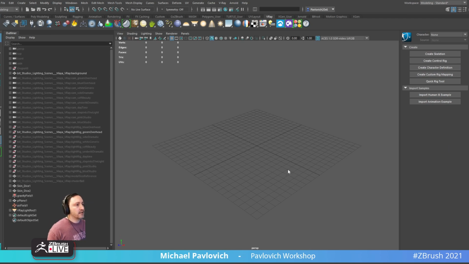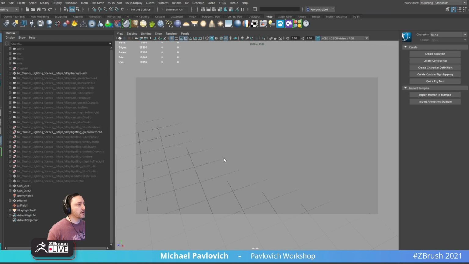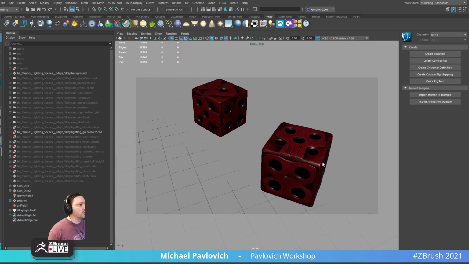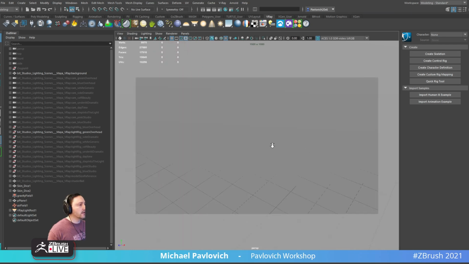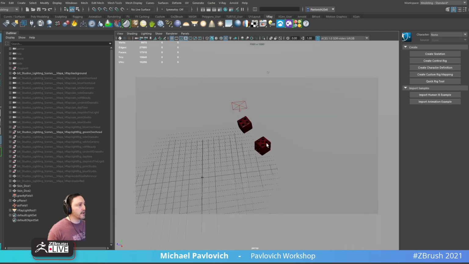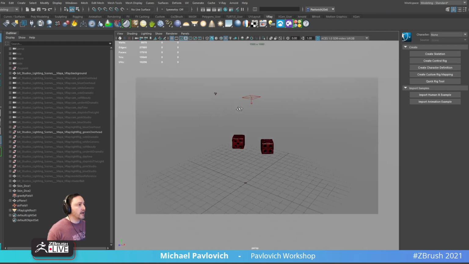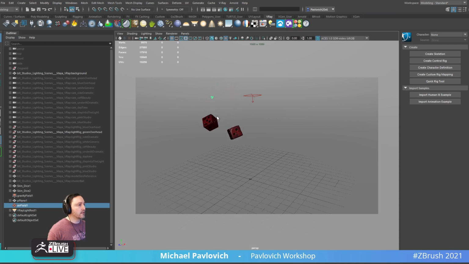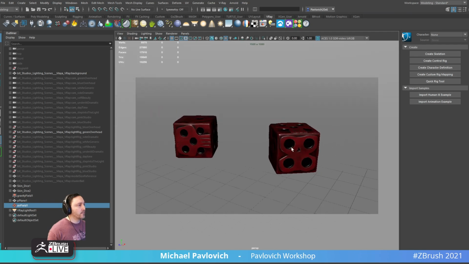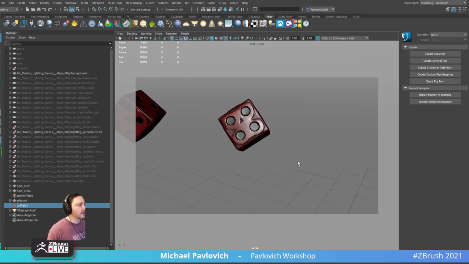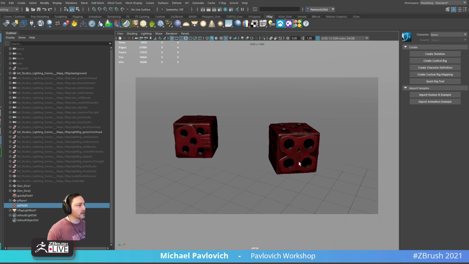If I have, there we go. So we have our camera set up here, and I have our dice. If I hit play, the dice will come in and kind of settle in. There were a couple of tricks that I had to, not tricks, but basically I have a little bit of wind in here that'll push the dice along into the camera, and then also on each of the dice here, if I let these settle in and I have them selected,